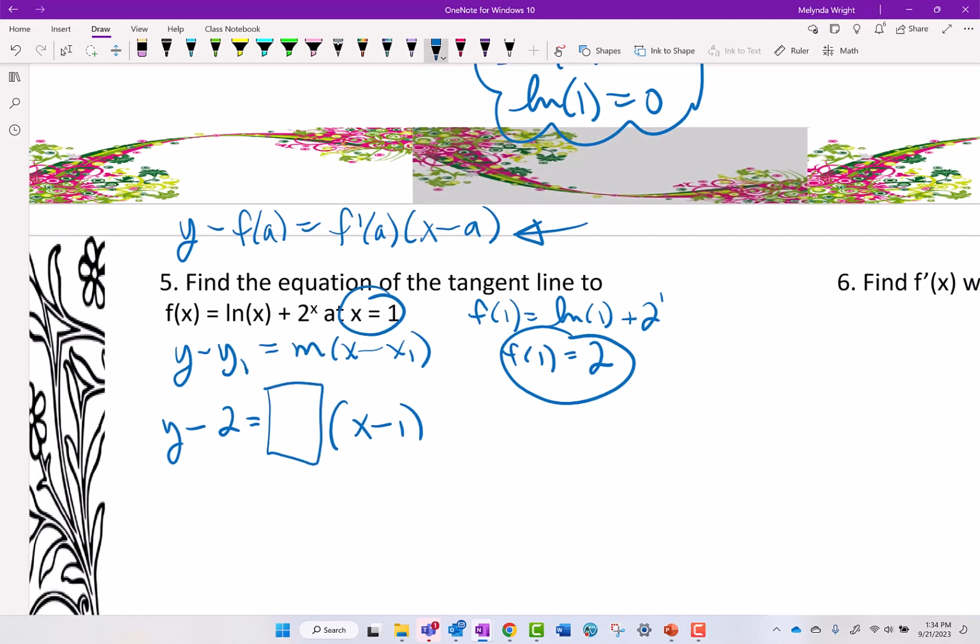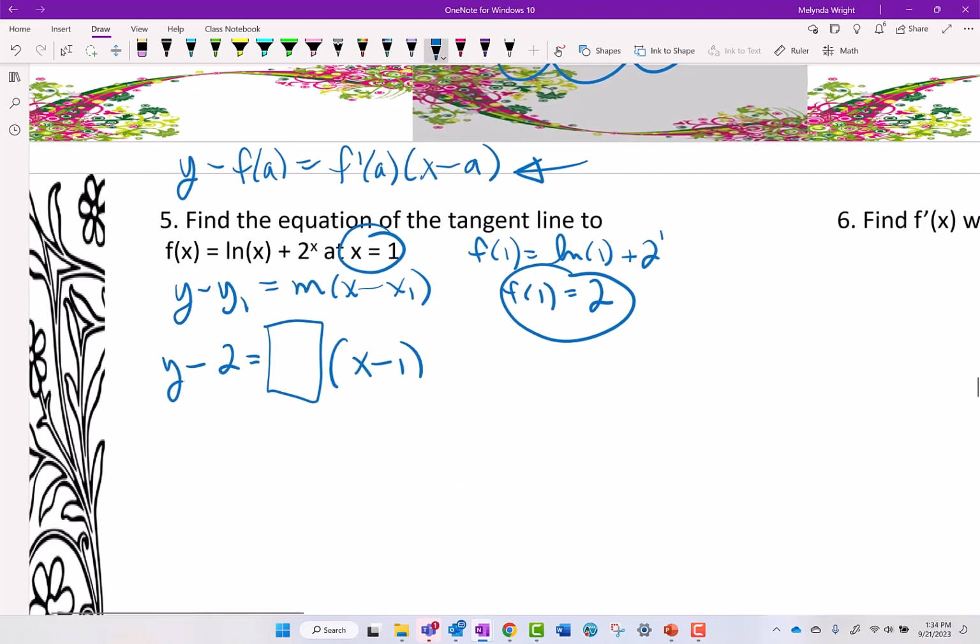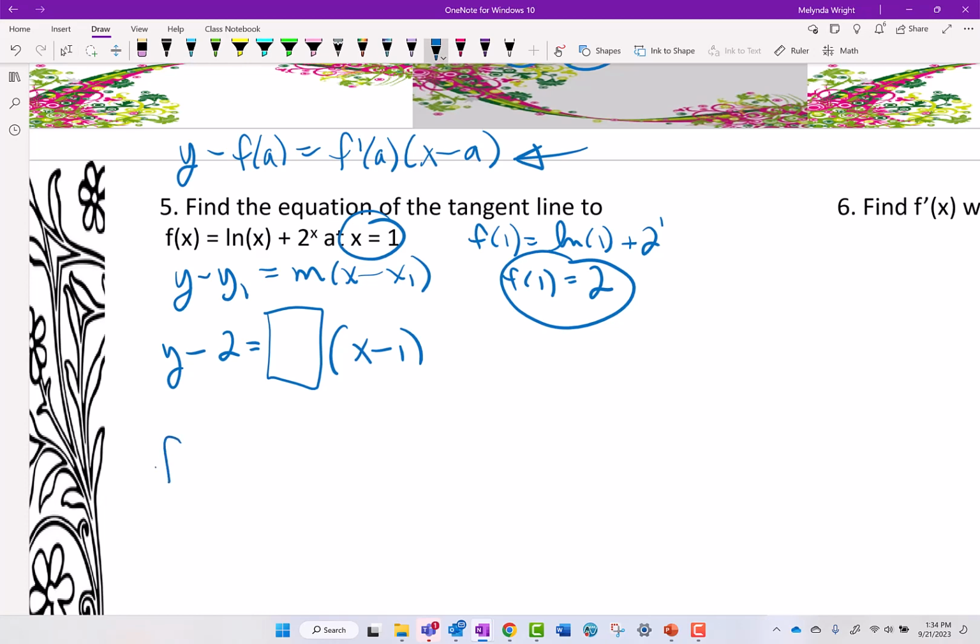What goes there? How do we find slopes of tangent lines? Exactly. The derivative. The first derivative gives us slopes of tangent lines. It's like a slope machine. We can put any number in it and out will pop the slope. All right, so we need to find f prime of x. I'm going to write a note here so that we remember in case we forget. So we find the first derivative,